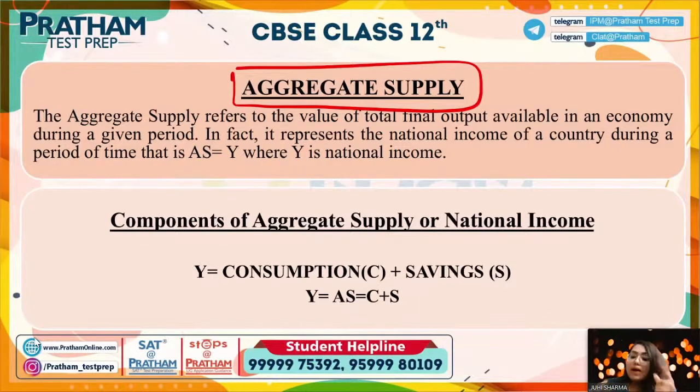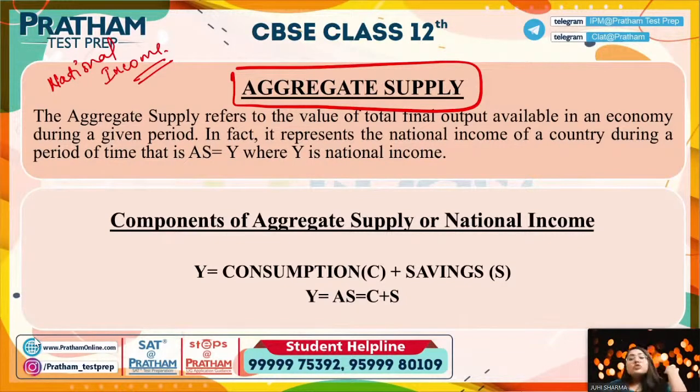It is the total value of all the final goods and services which are available or which are produced in an economy in a given period of time, of course. अब इससे आपको क्या याद आ रहा है? इससे मुझे जो एक चीज याद आ रही है with this definition, that is national income. बिकॉज जो हमने नेशनल इनकम का डेफिनेशन पढ़ा था वो भी तो यही था, राइट? सो दैट इज व्हाट एक्चुअली एग्रीगेट सप्लाई इज. सो एग्रीगेट सप्लाई इज आल्सो सेड टू बी नोन एज नेशनल इनकम, बिकॉज अगर आप देखो दोनों का डेफिनेशन इज